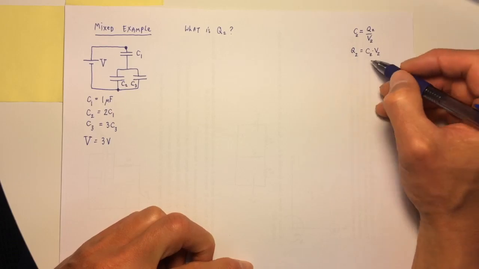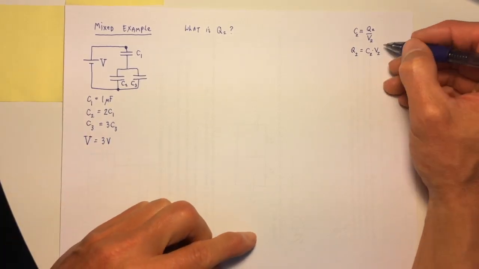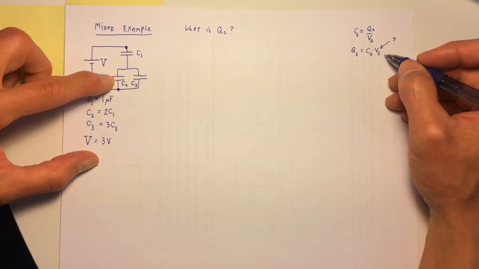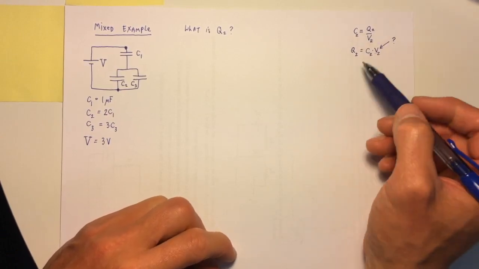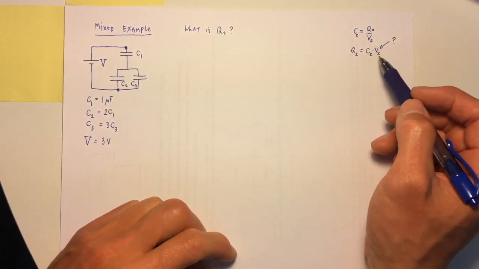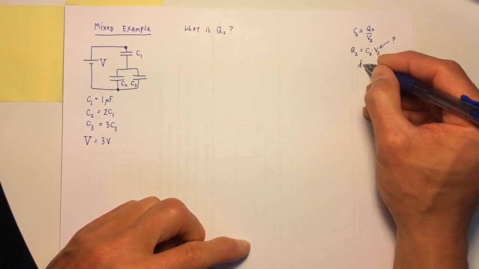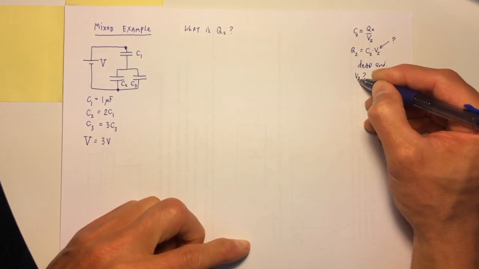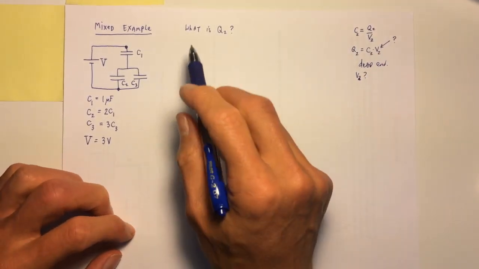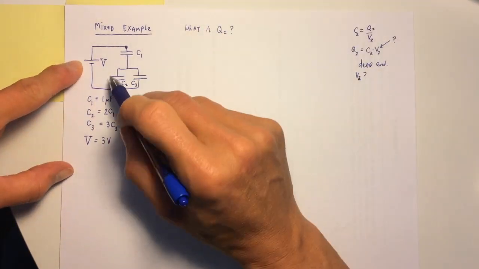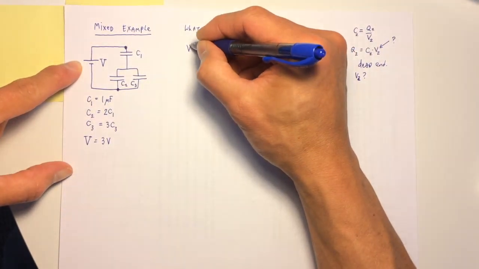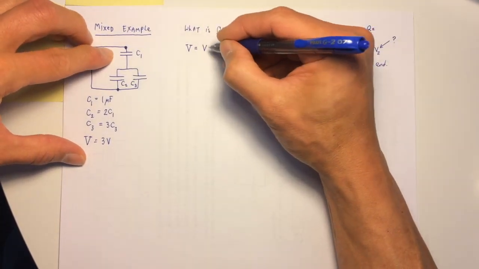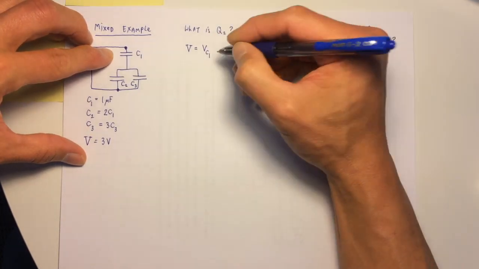I know the capacitance of number 2, it's given, but I still don't know the voltage. If I could figure out the voltage across number 2, then I know how to solve our problem. So I'm at a dead end a little bit. Is there a way to get this voltage across number 2? Let's think in terms of voltages. The voltage, 3 volts, this capital V, is equal to the voltage across capacitor 1 plus